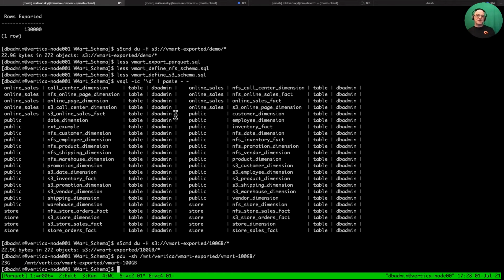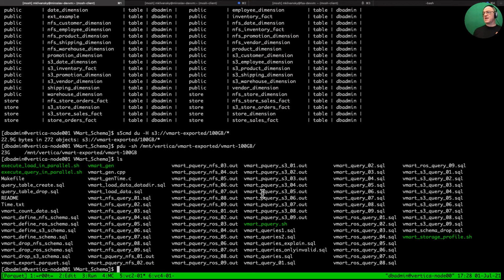So the final bit of code that I want to show is some example code for running queries against the different types of formats, whether that is external tables in NFS, S3, or native ROS format tables stored in the database. To do that, I created this Vmart pquery command. It's derived from the example of the execute query in parallel code, but improved to provide a bunch of flexibility. If you take a look at that code,